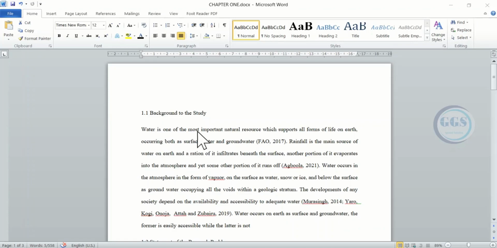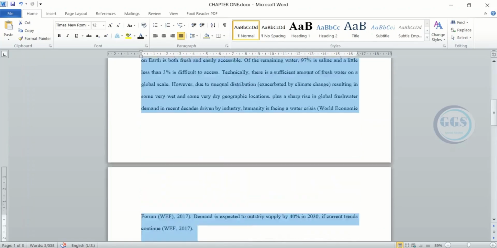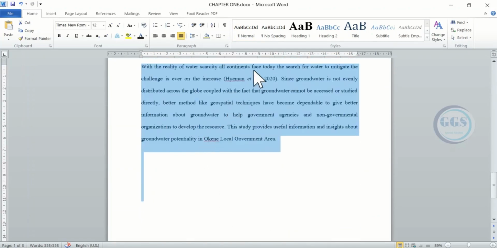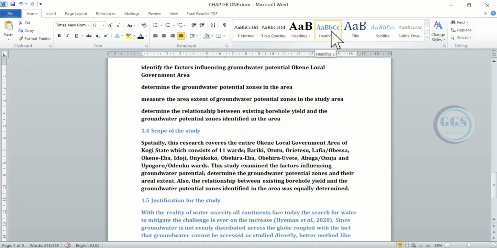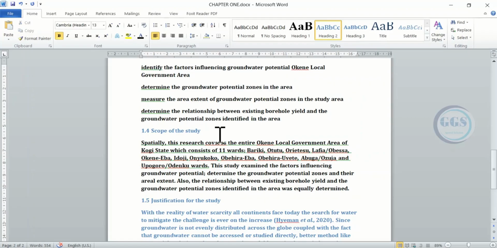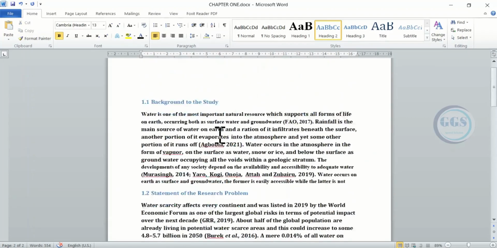So to do it, the first thing to do is to highlight all the text in your document, just like this. Then come to this heading and pick Heading 2, this Heading 2. So when you turn all the text in the document into Heading 2, then the next thing to do is